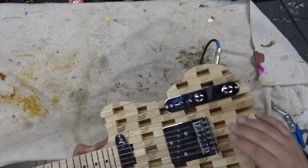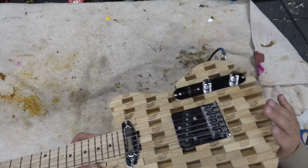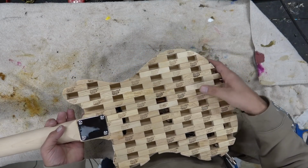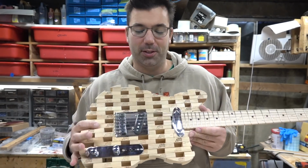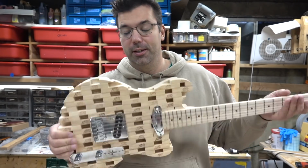When I was doing the sanding, I hit the sides pretty good, but I probably could have done this a little better. Obviously didn't do string through because I wouldn't have had the room to do it, but a fun project. My son actually wanted this once he saw it because the girls got the Flippy Mermaid guitar, so